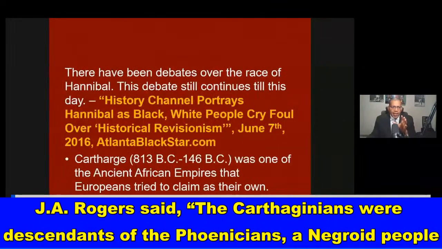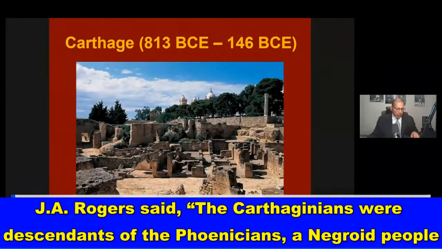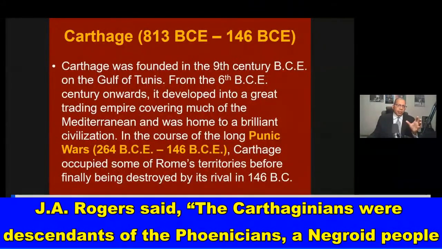So we go through and look at the Punic Wars and their fight against Rome. We look at the Battle of Cannae, 216 BC, where Hannibal Barca defeats the Roman army, and they lose about 70,000 soldiers in one day. It's looked at as one of the greatest military victories in history. We know that Carthage is going to exist from 816 BCE to 146 BC. Carthage is going to be destroyed by Rome in 146 BC. And you also deal with Publius Cornelius Scipio Africanus in the Second Punic War.